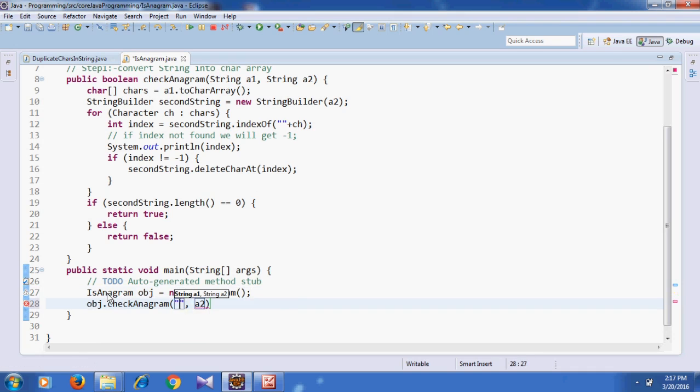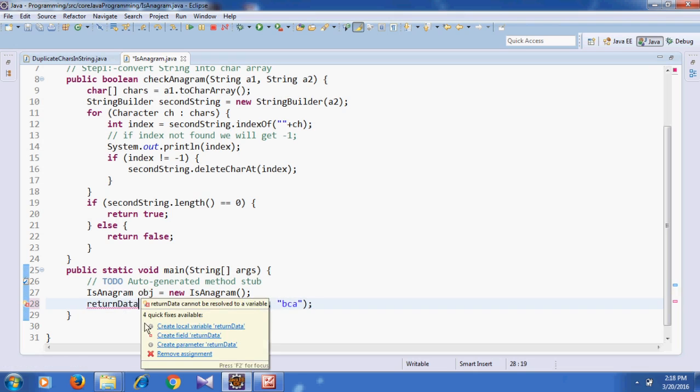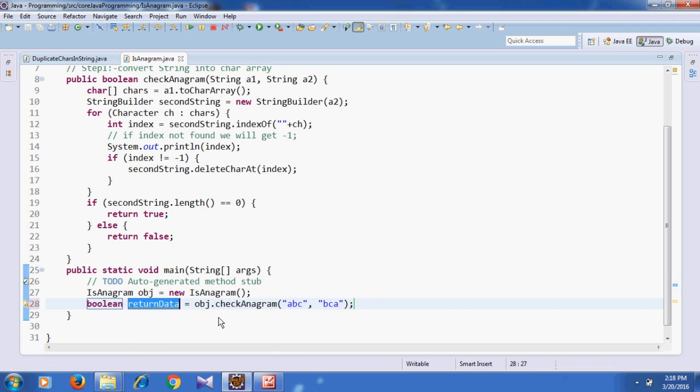Here I will supply one string, abc, and here I will supply bck, right? And I will store this return type into one variable, which gives me the boolean,